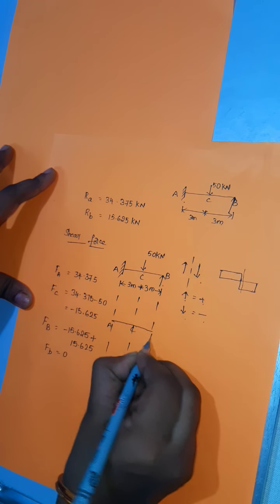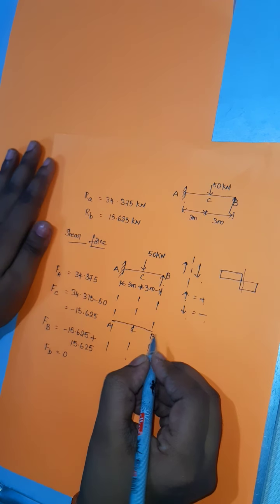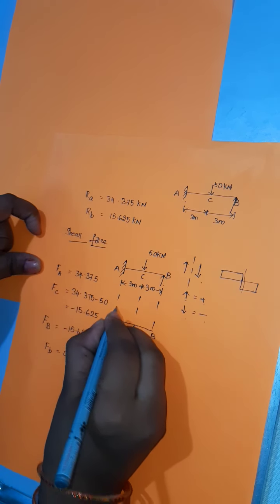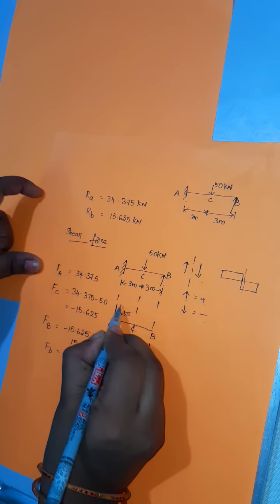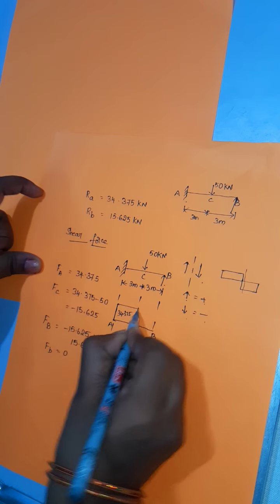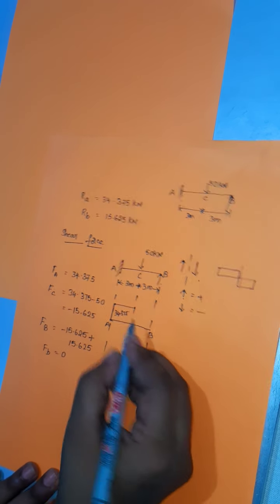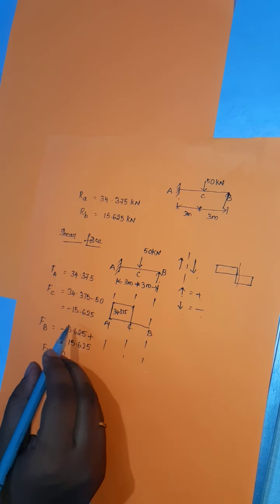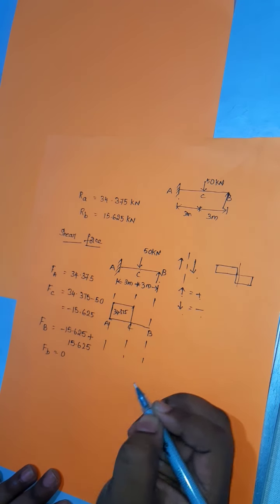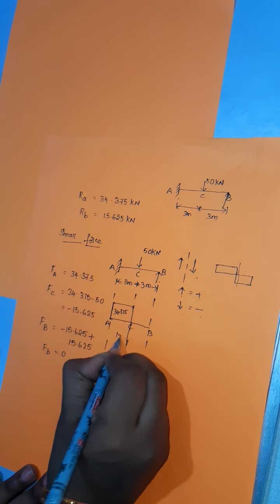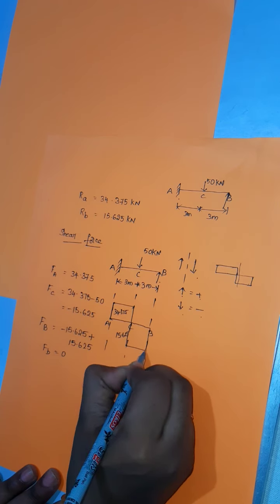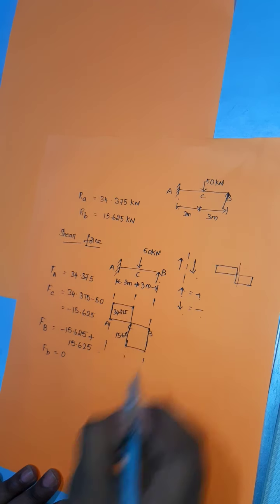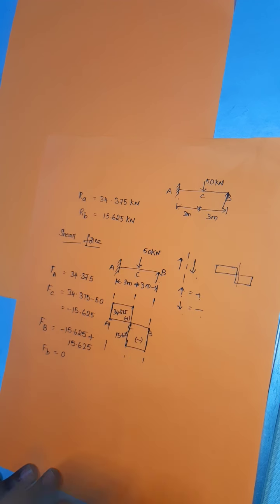Now I will draw the shear force diagram. A, C and B. At A, how much did we get? FA is 34.375. How much distance is traveling from A to C? 3 meters. Next, at C, how much did we get? At point C downward is minus, so minus 15.625, and it is moving up to 3 meters, and CB. Next, FB is how much? 0, plus and minus. This is my shear force diagram.